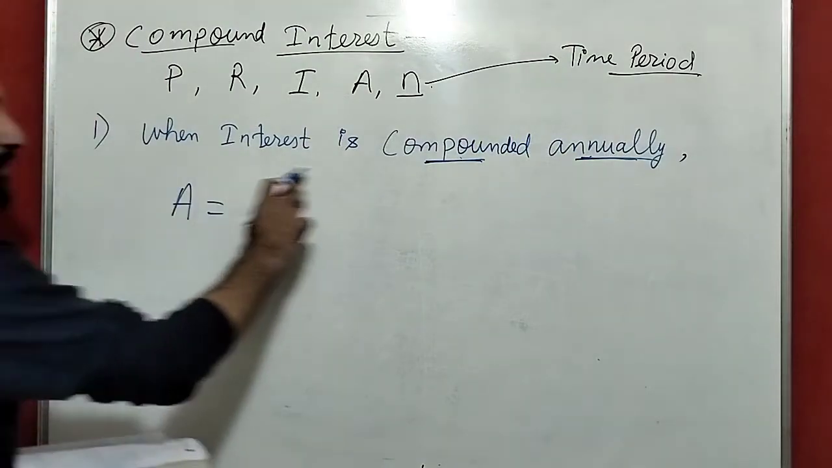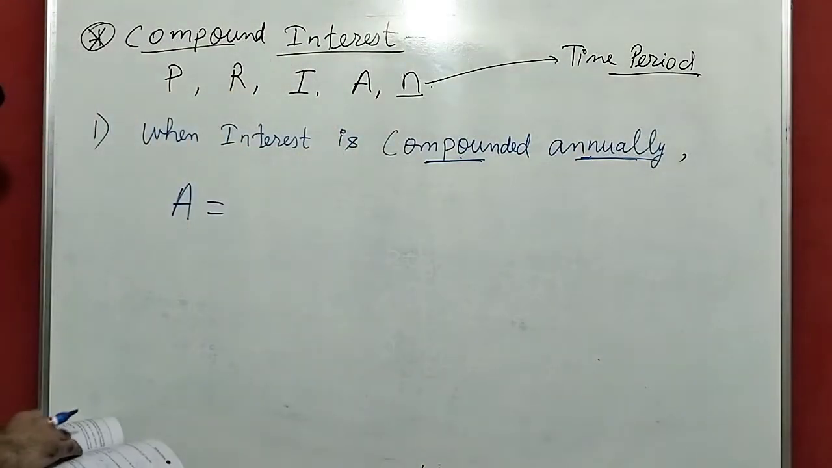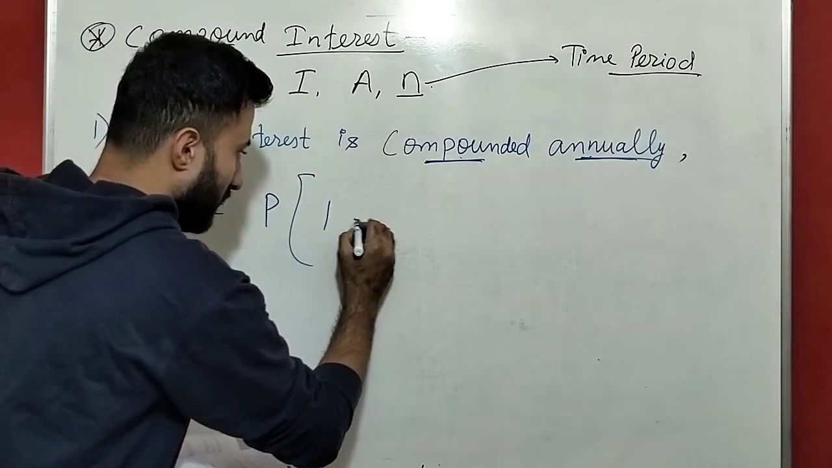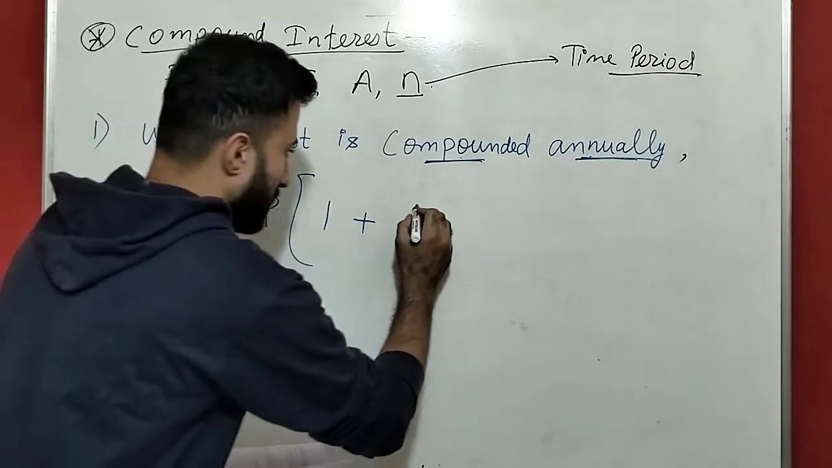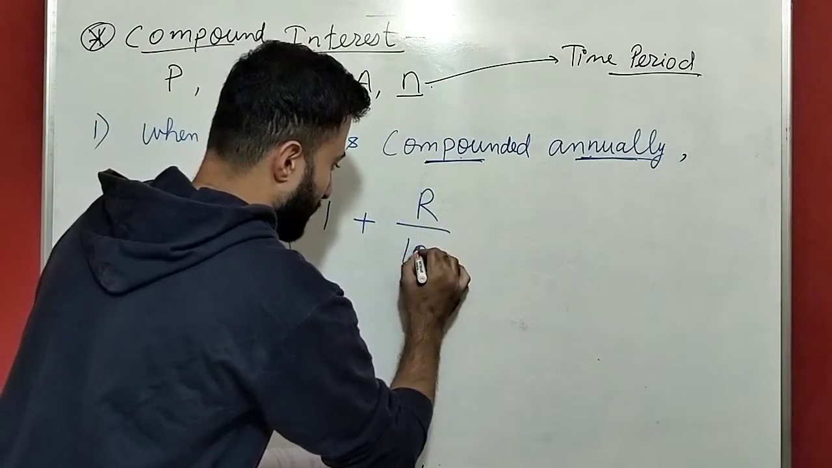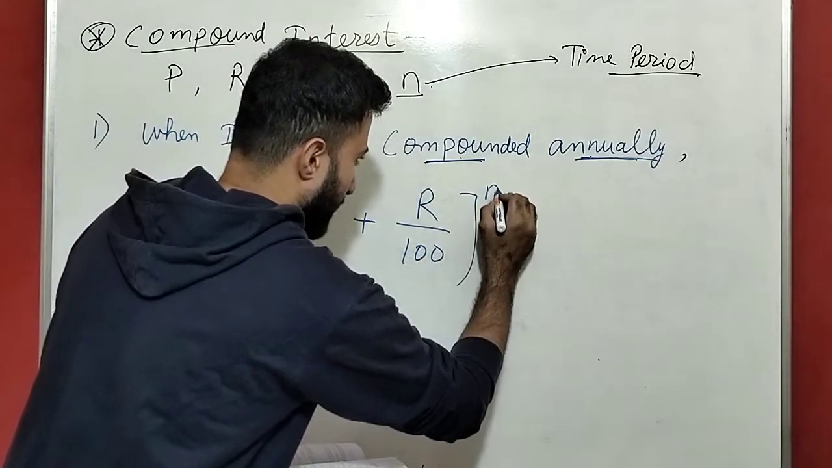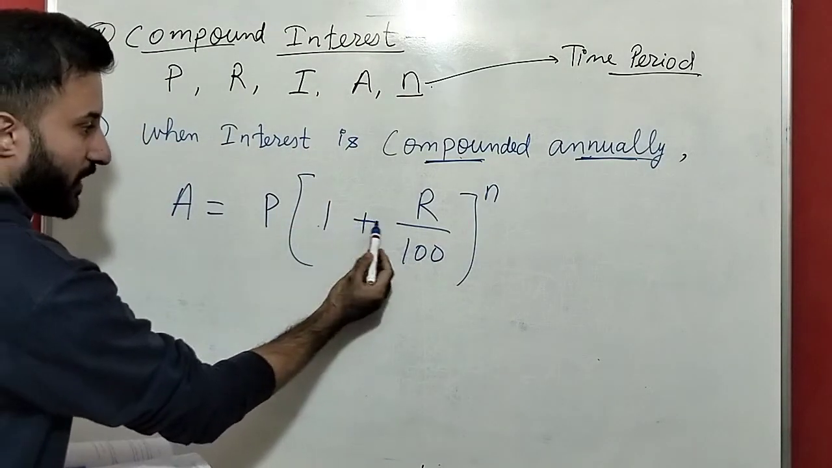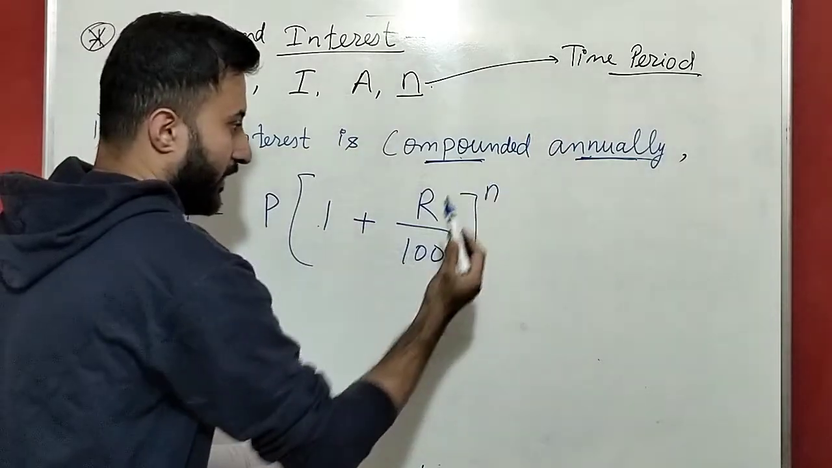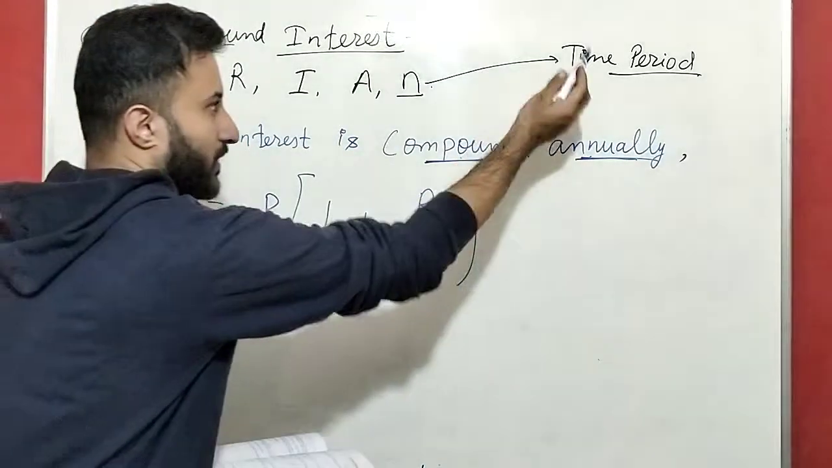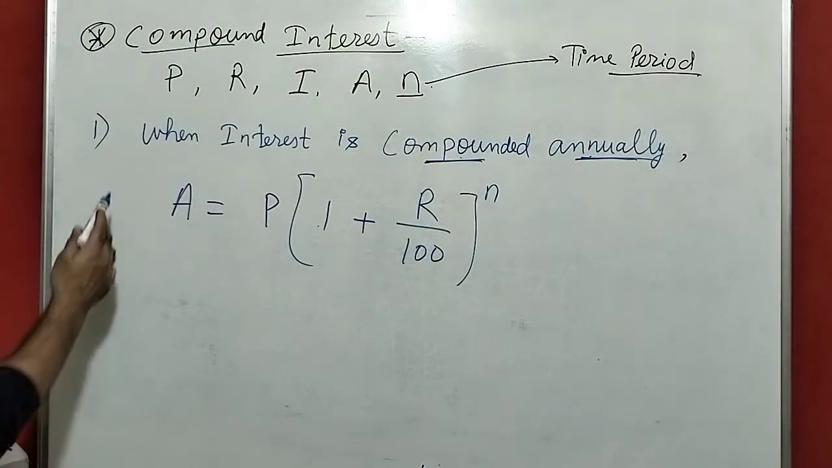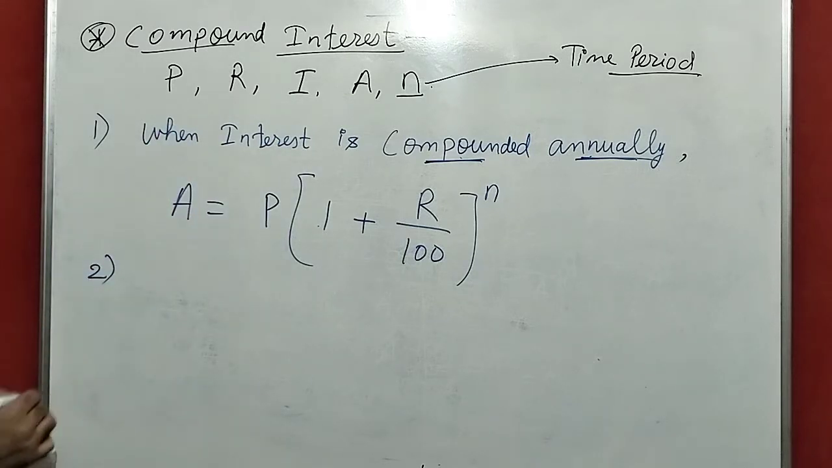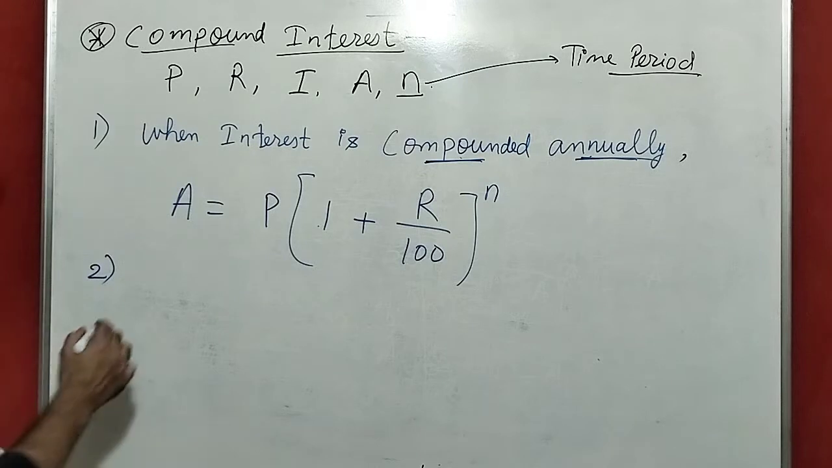So this is very important. Compounded annually, the amount is principal into 1 plus r by 100 power n. Principal into this, guys, this is separate: 1 plus r by 100, power n. n is the time period. First, when interest is compounded annually. Second,